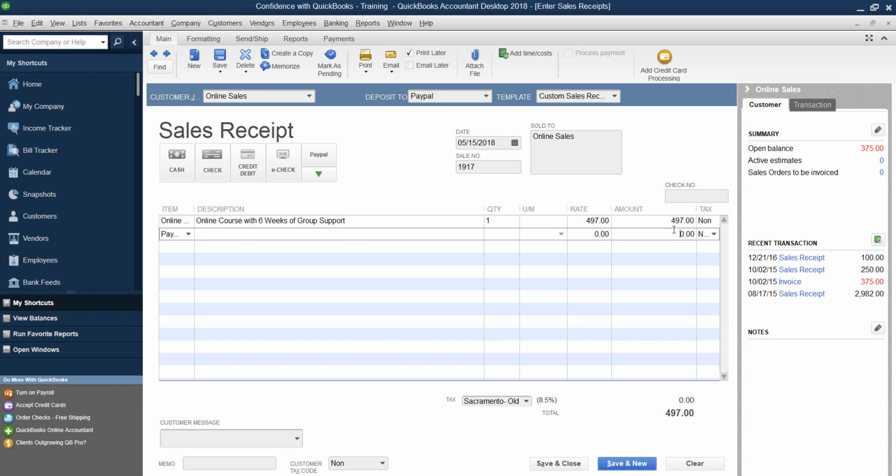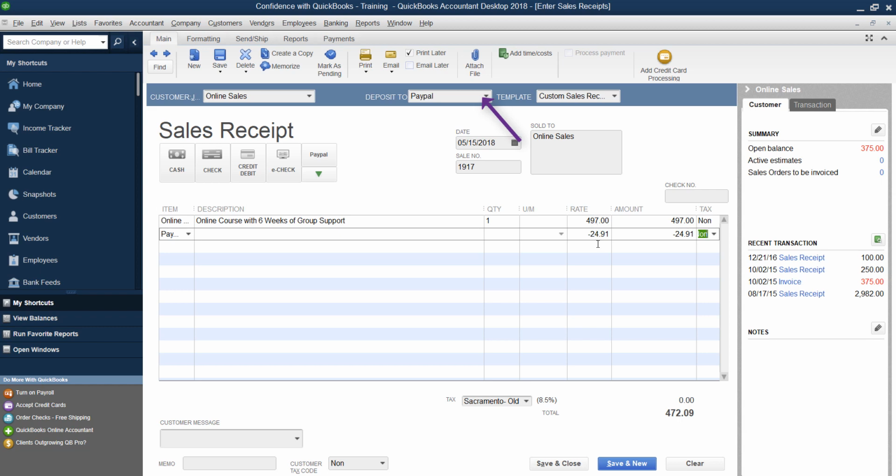Then I come over here, and you are going to choose the percentage or the cost. So when you log into your PayPal, it's going to tell you what the fee was. So you're going to have the total charge, and then below that, it's going to tell you what rate they charged. You want to make sure it's a negative number, because what it will do is you'll see down here at the bottom, I'm going to put directly in, because I'm doing it as a sales receipt, into PayPal,